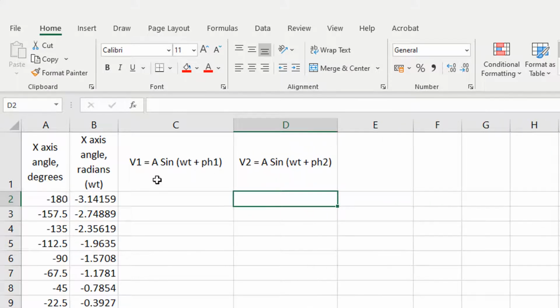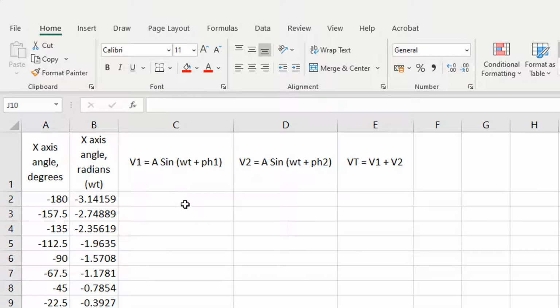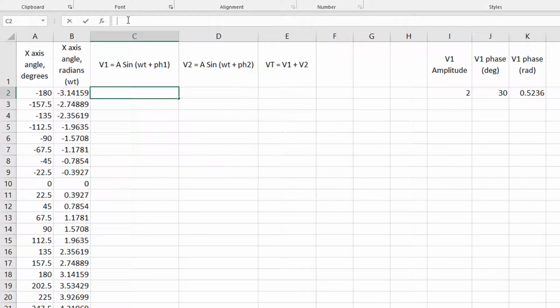Just tidy it up a little bit. And then the total voltage is V1 plus V2. That's the easy bit to do. So V1 is going to be the amplitude for voltage 1. So put equals